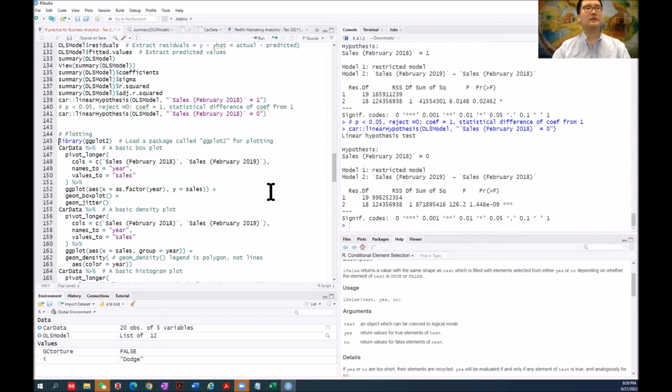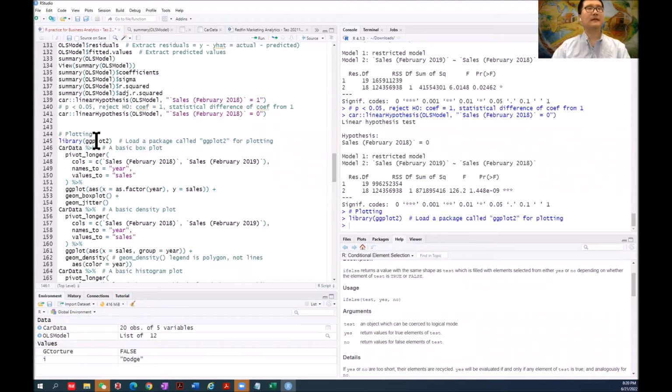So we just load a package called ggplot2 for plotting. Then for plotting, we simply need to form the data into a long format. The long format basically means that for each observation,